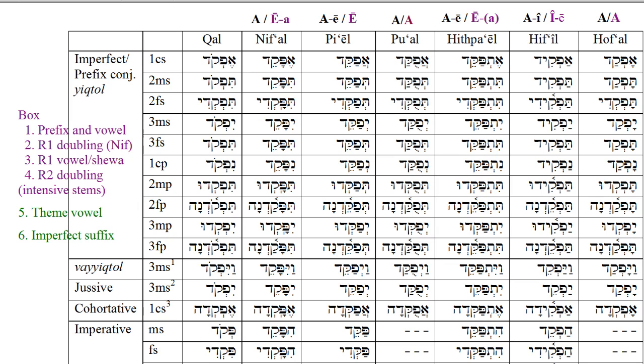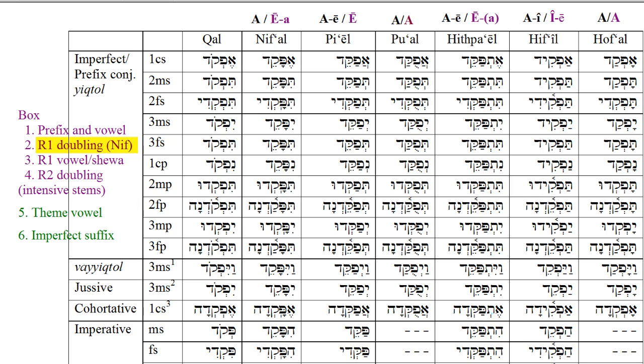We are now going to look at parsing imperfects. And to do that, we need to look at what the Fuller and Choi textbook calls box characteristics. This refers to the following verb features: the prefix consonant, the prefix vowel, R1 doubling, which is mainly confined to